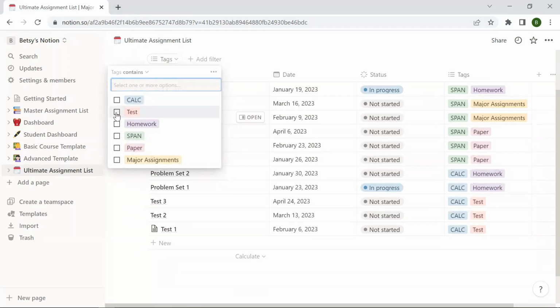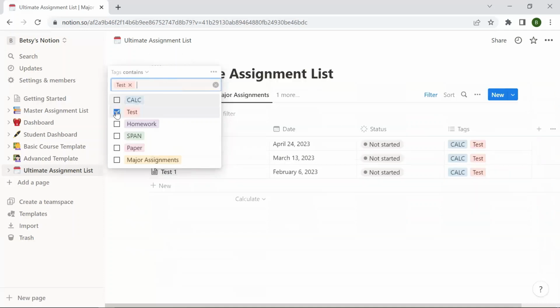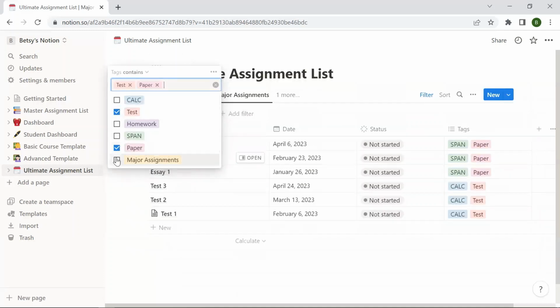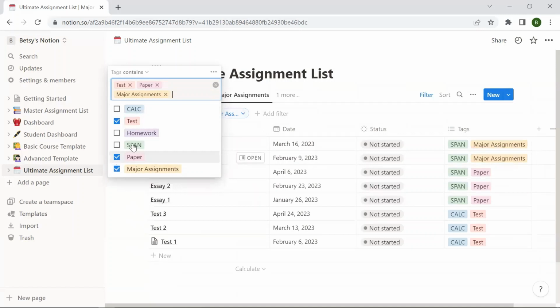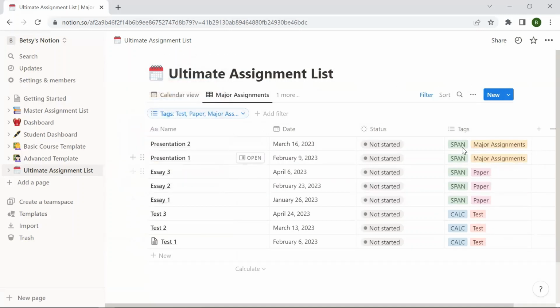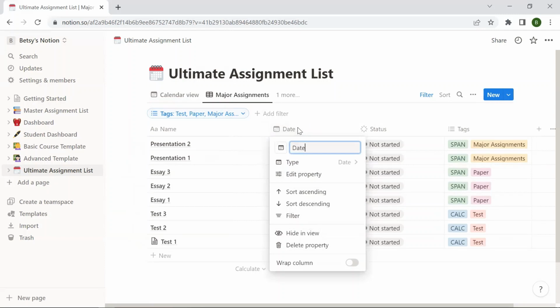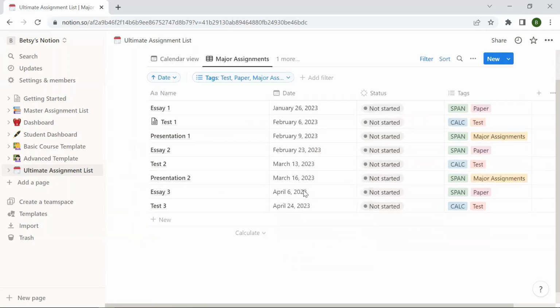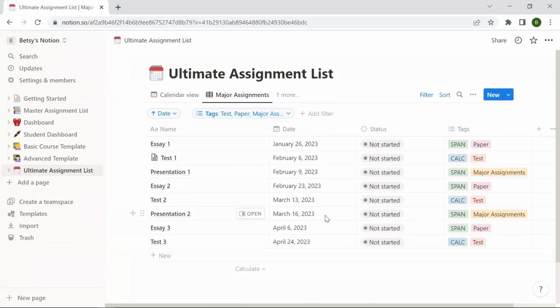This is our major assignment list. So I want to see tests, I want to see papers, and anything that's a major assignment. So those are the tags we're seeing, and I can look only at these major assignments and not at the homework that I have on a day-to-day basis. Then I'll sort this ascending, and now I can kind of see when my big assignments are due in the